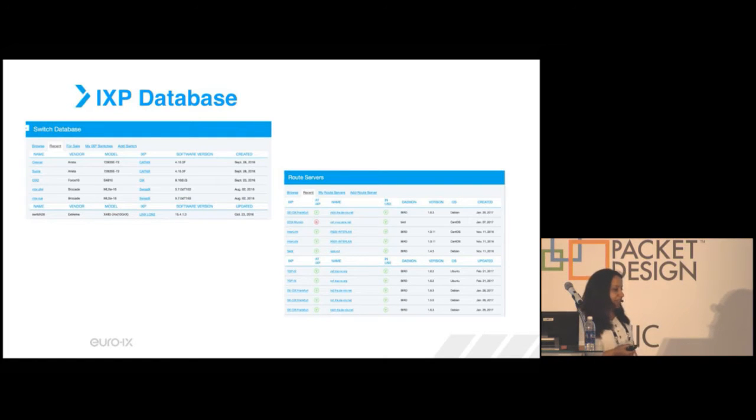Quick snapshot of the switch and root server database. This is probably more useful for the Internet Exchange Points, and what we find is that they look at this information, and if they have any problems with their vendors, they can do a search and see which other IXPs are using that particular vendor with that software, and they can then contact them. It's a great way for them to work out any issues that they have using their own community.